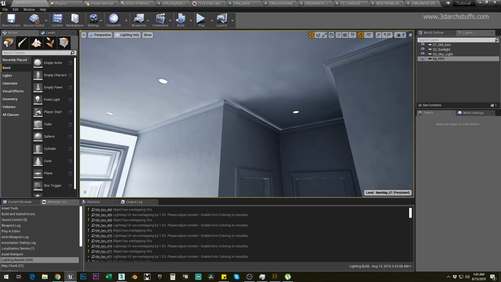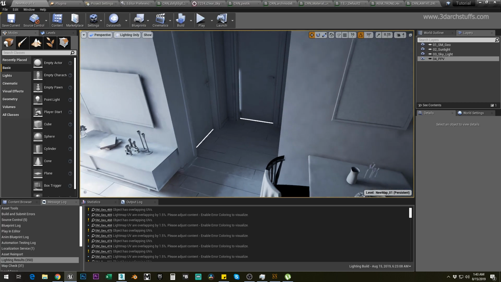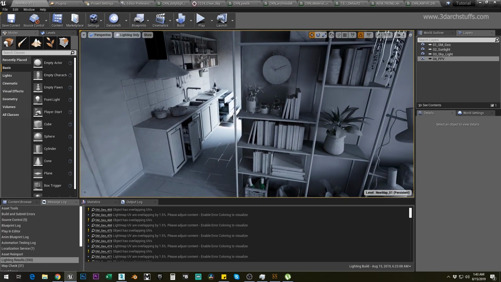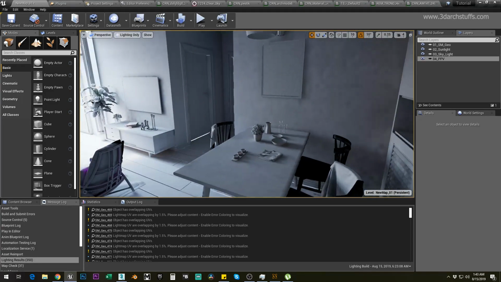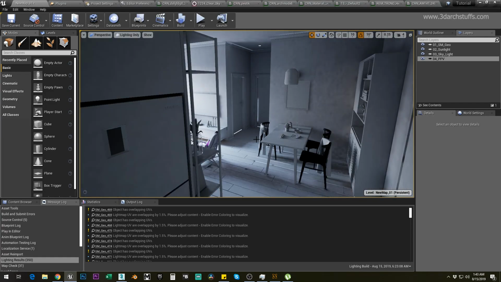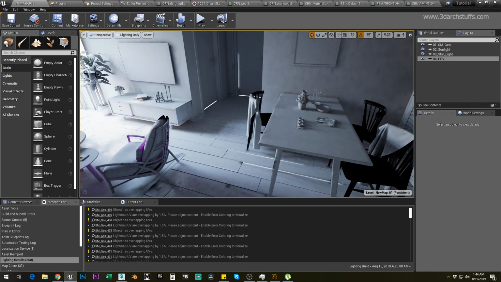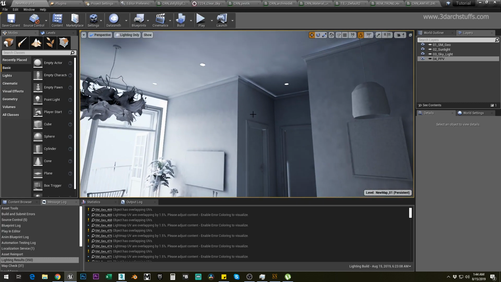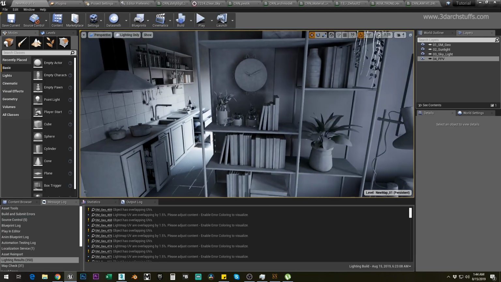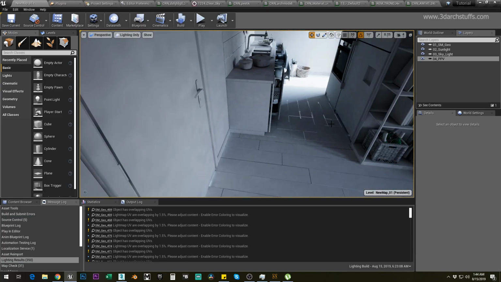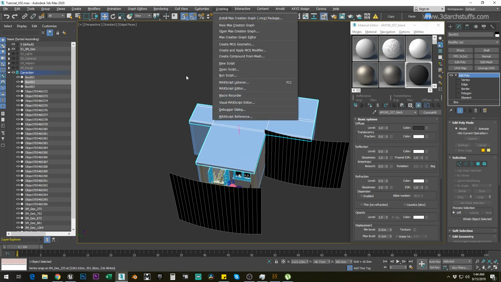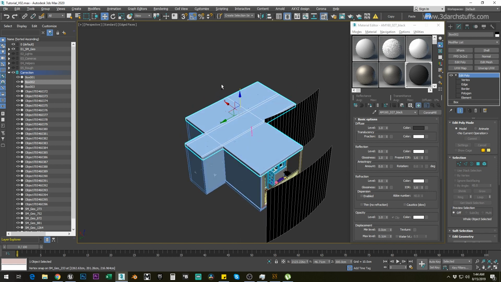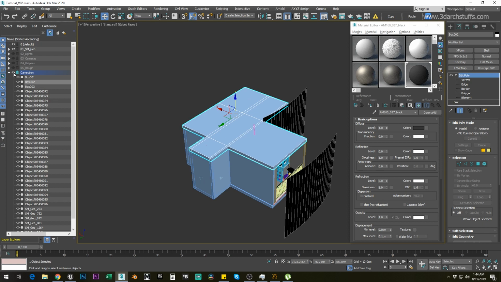See this one, and this object, and this black thing, and then this white thing. This will solve all these white issues, this white issue, this white issue, and this white issue, because of this box which we have just made inside Max. So now we'll hide this correction layer,